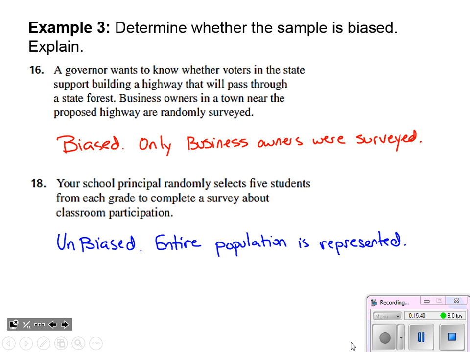Right, we're getting a random sampling of students all throughout the school. We've got all grade levels represented. And again, it's not people that are choosing. He's not randomly selecting 5 honors students or randomly selecting 5 members of the student council or anything like that. We're not talking about a specific group. We're talking about the entire population that could be chosen to take this survey.